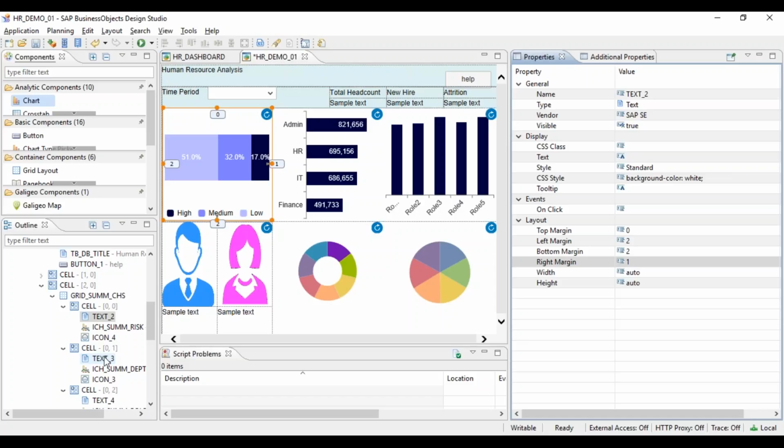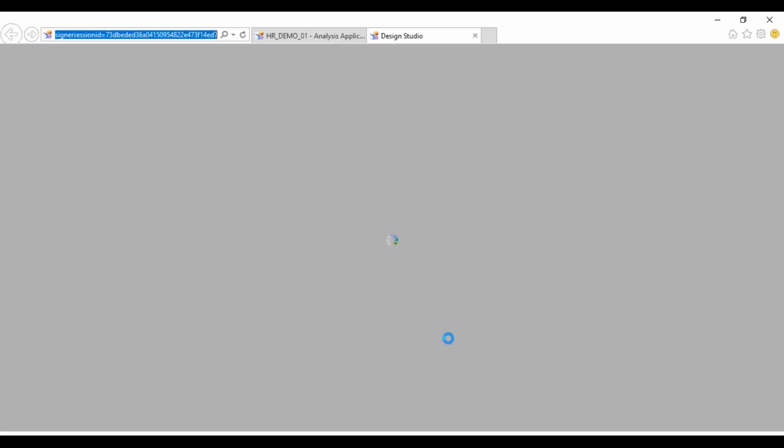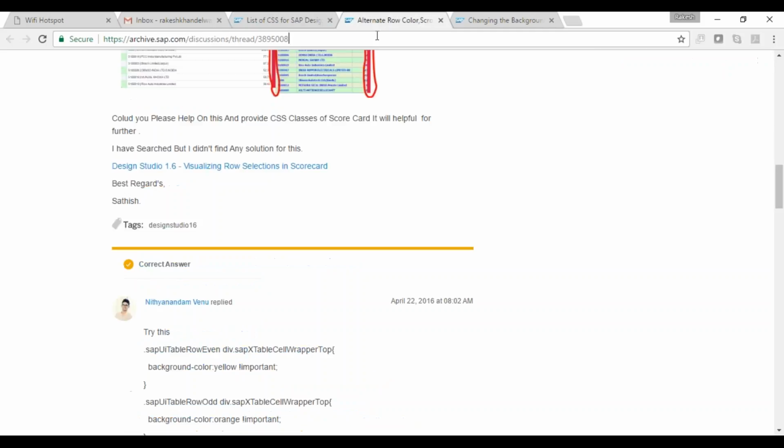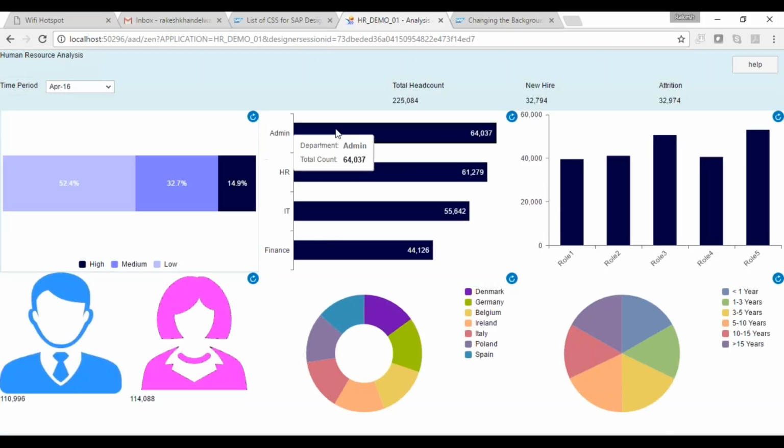I need to check again the CSS if it is working through CSS. We need to debug CSS and all. So one way of debugging is you run your dashboard, take that code, and put that into Chrome, because it's easy in Chrome to debug the code. Through the elements. You inspect the code, basically. You right click and say inspect.